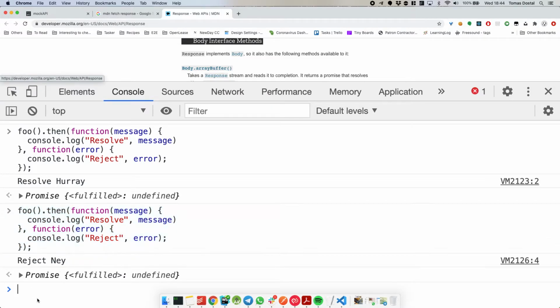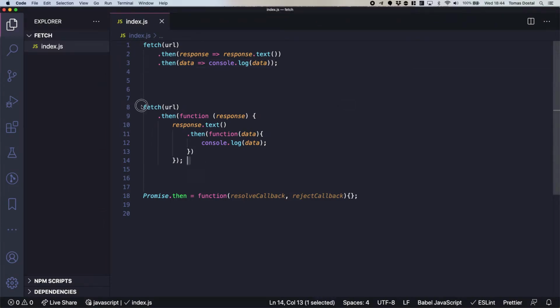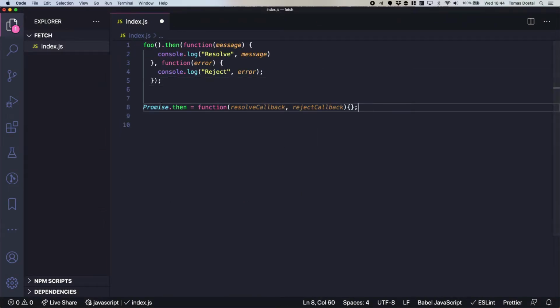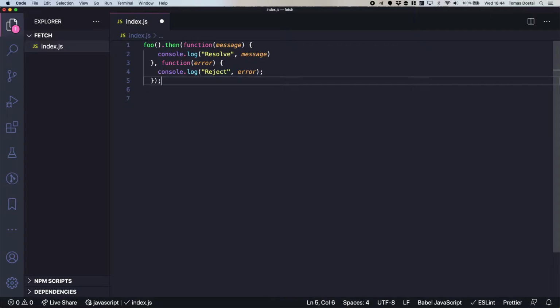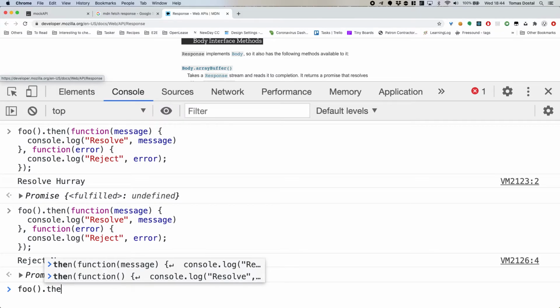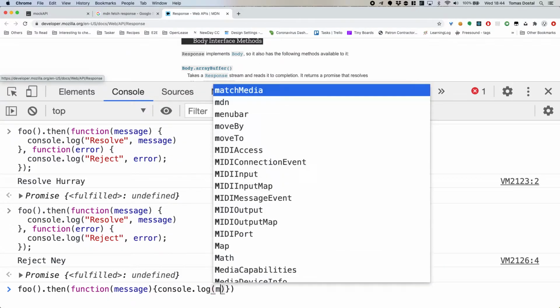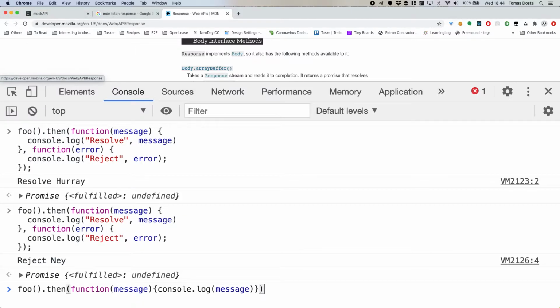The same thing, I can write exactly the same thing. So let me just copy this in here so we don't lose it. Let me just remove this for a bit. So this is one way of writing it. The second way of writing it will be with the actual chaining of then and catch. So I can do foo, then, right? So this is my successful callback handling,